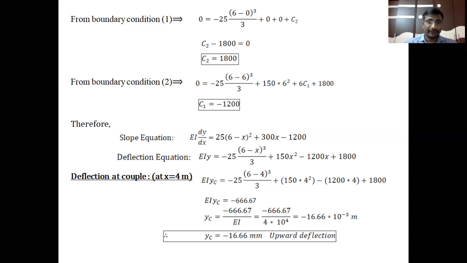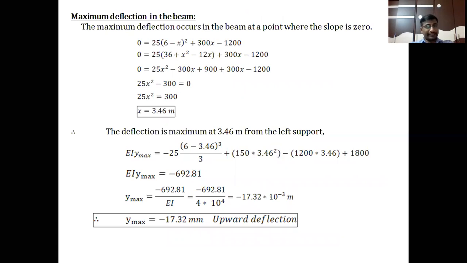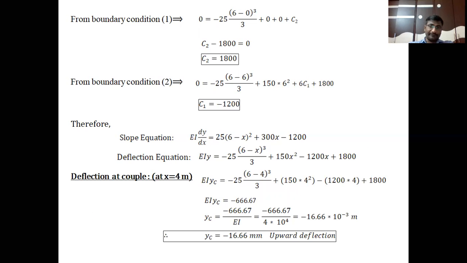Okay students, so deflection at point C is minus 16.66 millimeters, that is 16.66 millimeters in the upward direction. Then maximum deflection he asked. How to get the maximum deflection? Where the deflection is maximum,